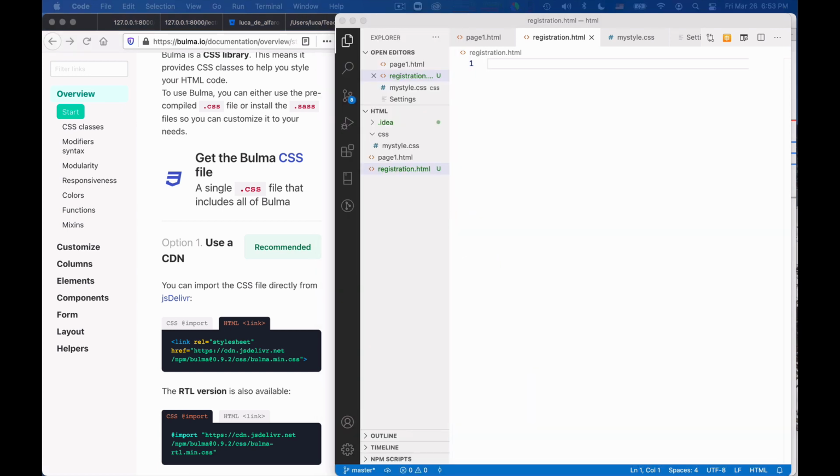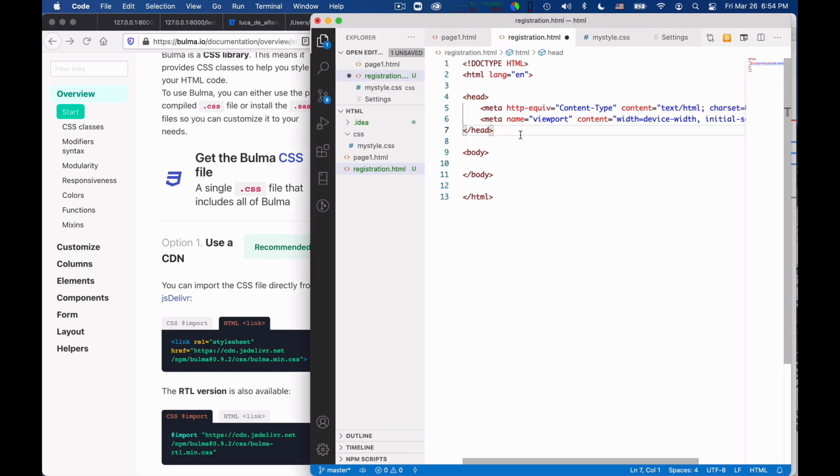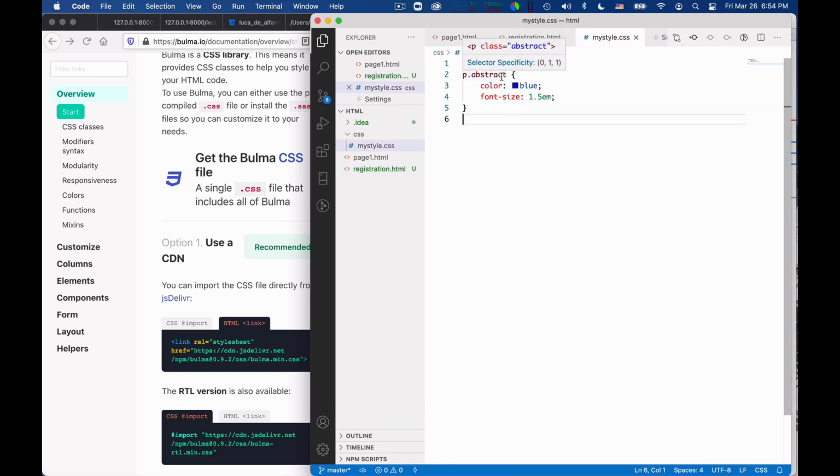If you want to include it in a page, let's build here the page. Okay, so we need a bit of the standard structure, that is at the beginning there is a head, okay, and then there is a body here, okay, body, and the body is empty so far. Okay, so the first thing we need to do is to include the Bulma CSS. Bulma CSS is simply a CSS file like my CSS in the previous lecture, only much longer.